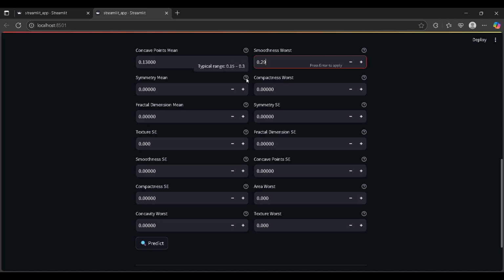impactful. Once all the values are entered in this input front end, the predict button will trigger the model, and there will be two possible outputs. One will be benign and the other will be malignant. Benign will indicate a low-risk, non-cancerous tumor, and malignant will indicate a high risk of breast cancer, basically needing immediate medical